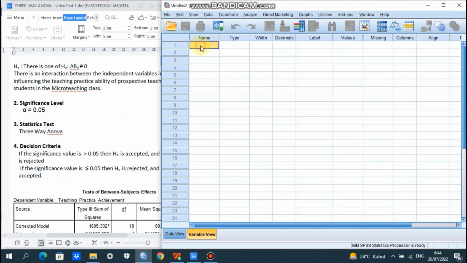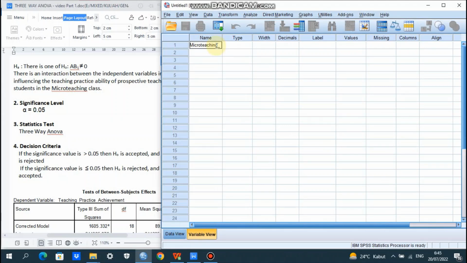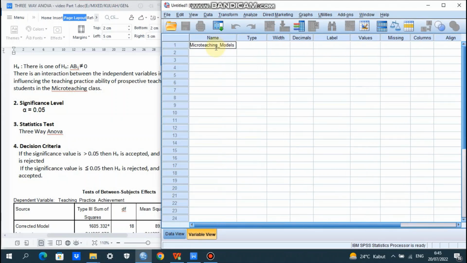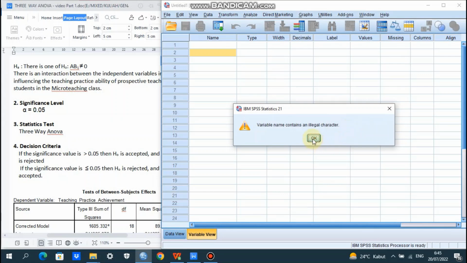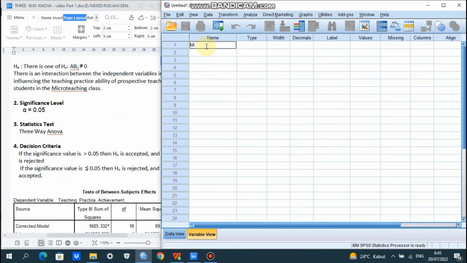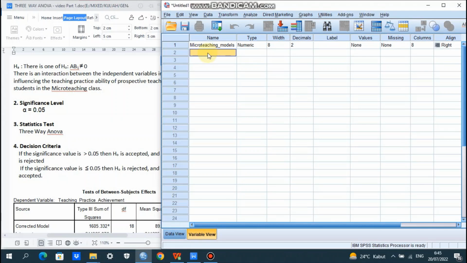SPSS. What is the first? The first is micro teaching model. We go to variable view, micro teaching models. And then what is the second? The second, parent educational background.